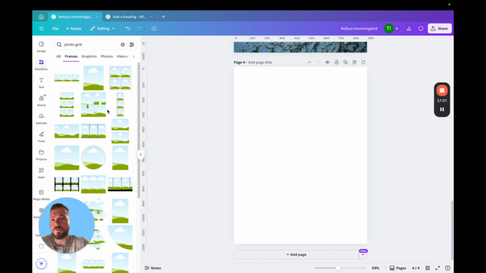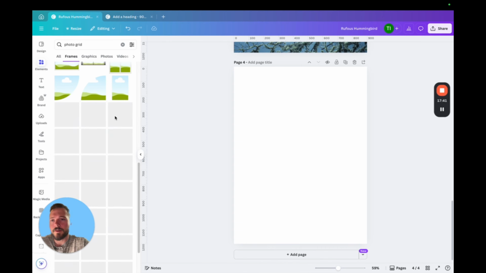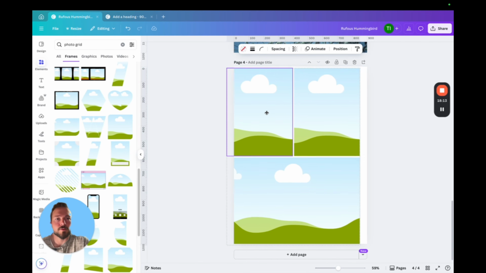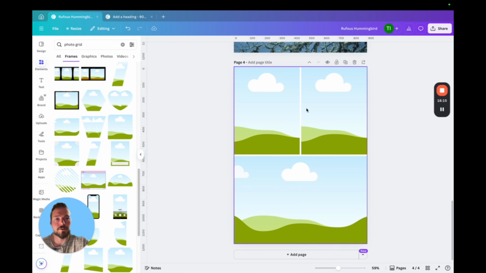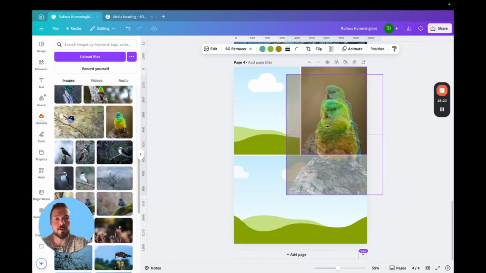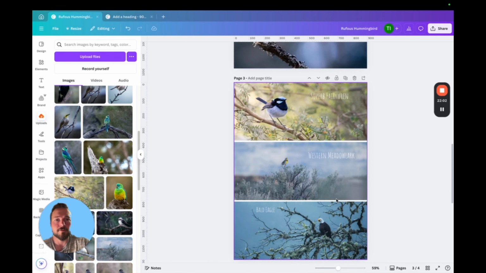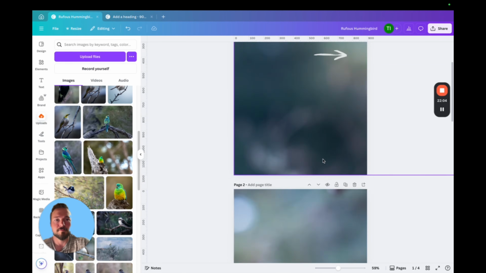So let's do one more. Let's do a different grid here. Let's do this one. So I like this one here. There we go. So now we got two 4x5s and one more horizontal. We'll go back to our uploads. What can fit in here? Let's do this guy. Put that at the top right. So there we go. So I just threw in their names there, and now we have a nice little set